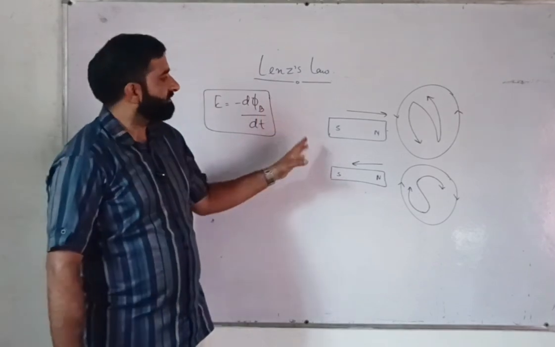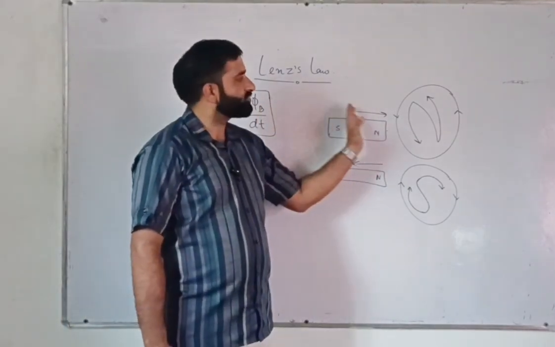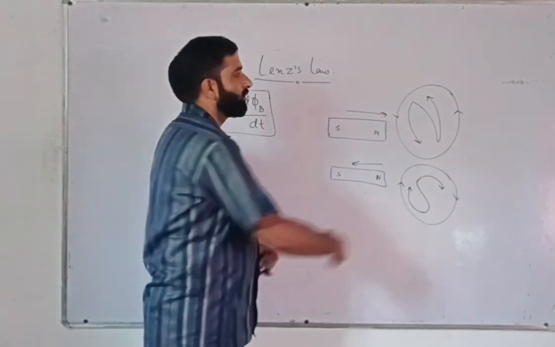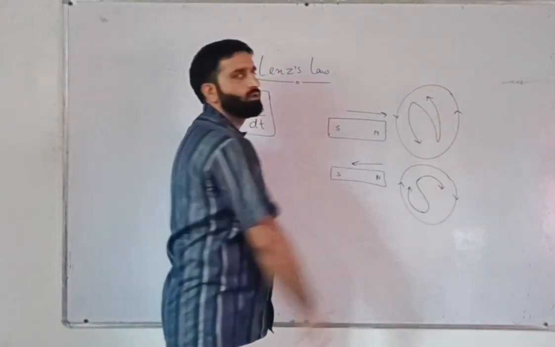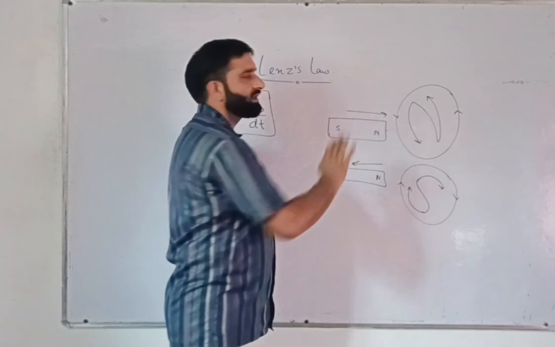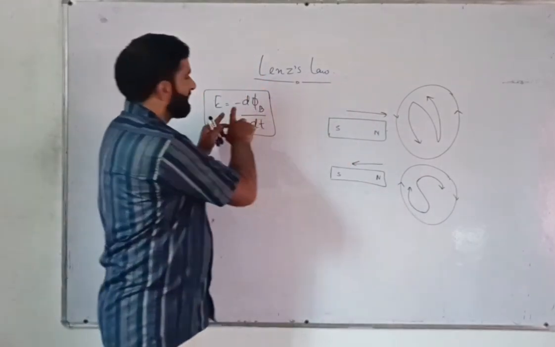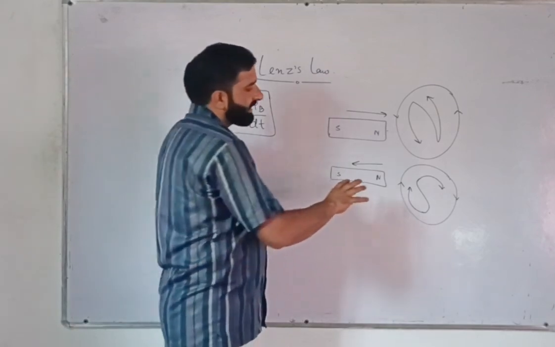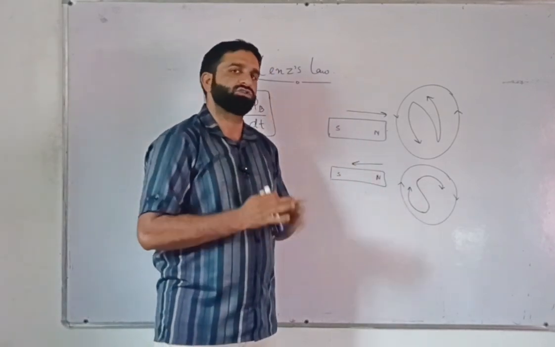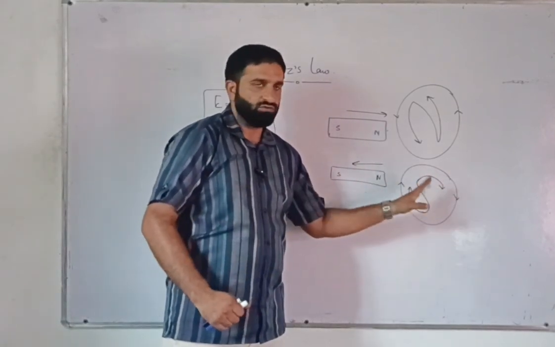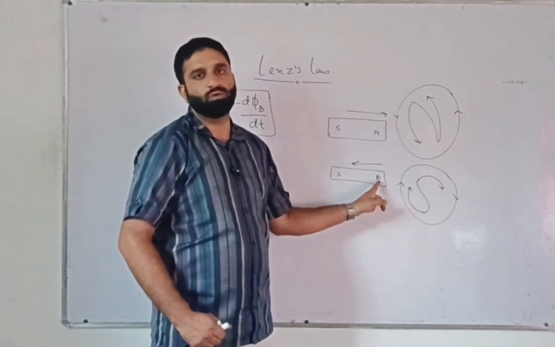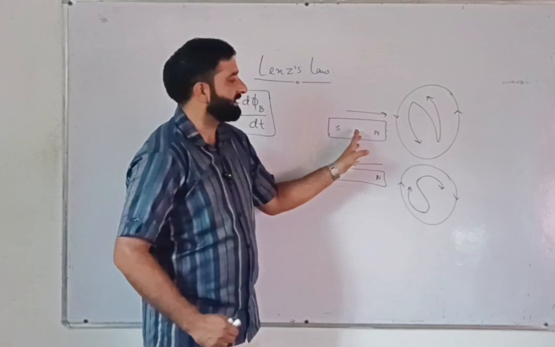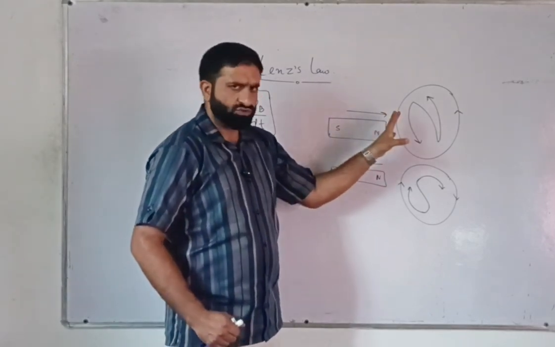He argued that when a north pole of a magnet is pushed towards a circular coil, the current induced in that coil is in the anti-clockwise direction, so that face of the coil becomes a north pole, and north and north repel. So the negative sign. If the north pole is drawn away from that coil, the current is induced in the clockwise direction, so that face becomes a south pole and it attracts the north pole, so the negative direction. So when there is relative motion between the coil and the magnet, the current is induced in the coil,